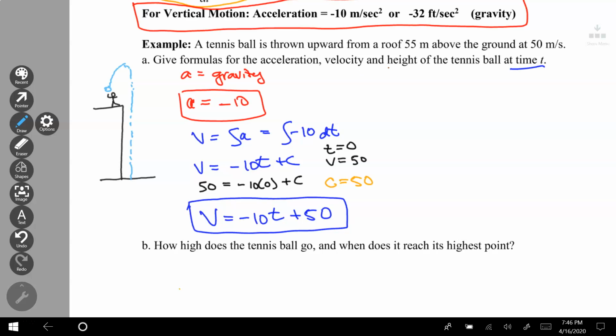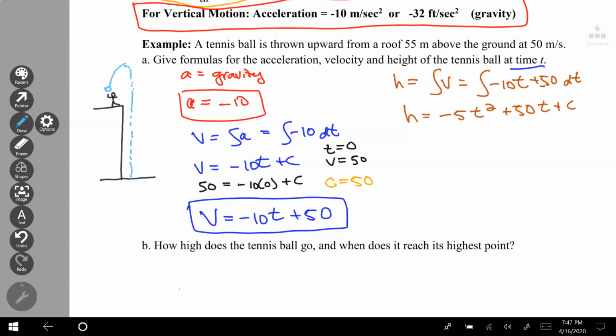Instead of calling it s, I'm going to call it h for height. Well, that's going to be the antiderivative of velocity, which is the antiderivative of negative 10t plus 50, again, dt. So h is equal to, well, t becomes t squared, so it's negative 5t squared plus 50t